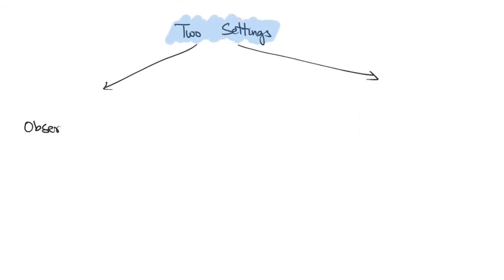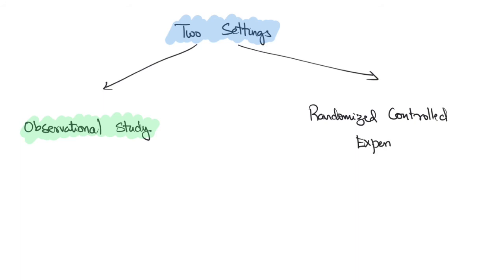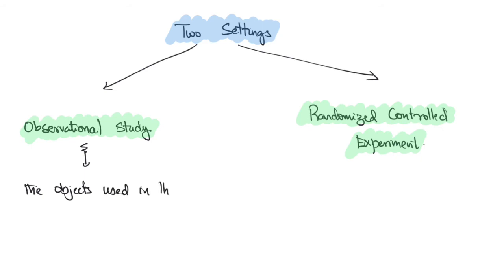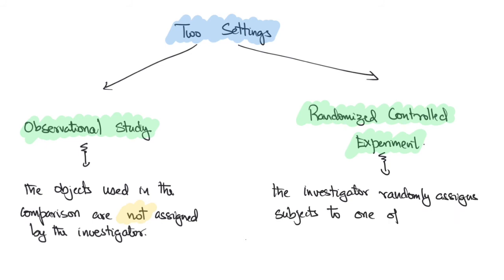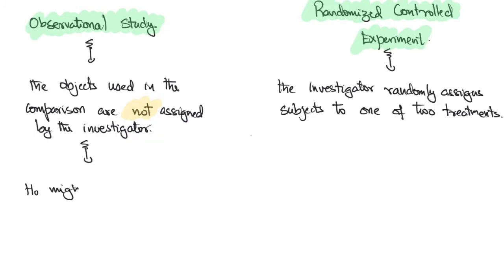There are two settings over here. The first setting is an observational study, and the second setting is a randomized controlled experiment. An observational study is a study where the objects used in the comparison are not assigned by the investigator, in the sense that this comes from data that has been collected prior to the investigator being involved with the experiment. On the other hand, in a randomized controlled experiment, the investigator randomly assigns subjects to one of the two treatment options